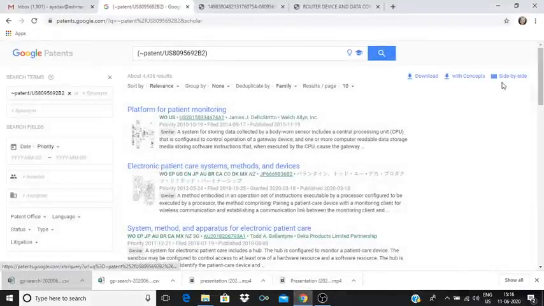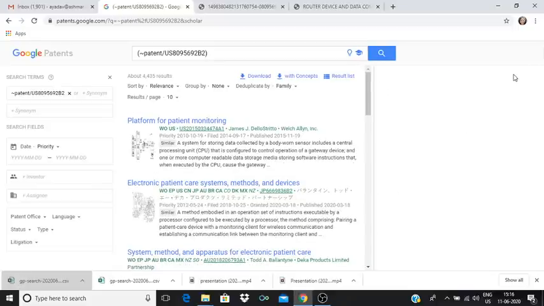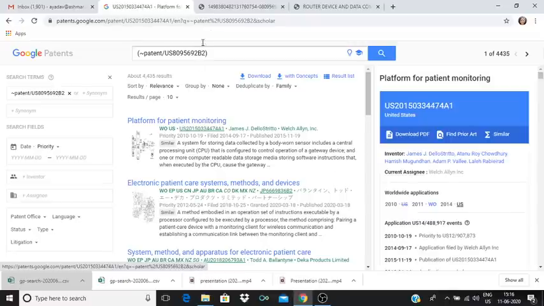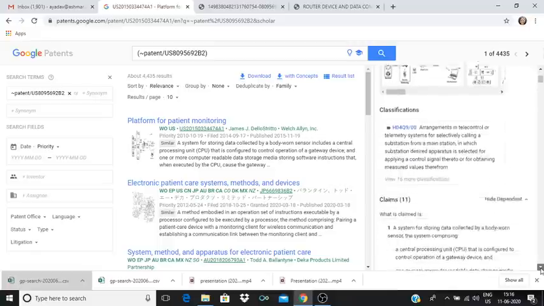Coming back to the patents, what does it mean by side by side? Suppose this is a patent that I want to read. I can open this patent side by side also. Let me click on side by side. So this happens whenever the information given here is not that detailed. I click on this particular patent, and this patent will be open to me side by side. So I can download the PDF, read this particular text, and do everything side by side.